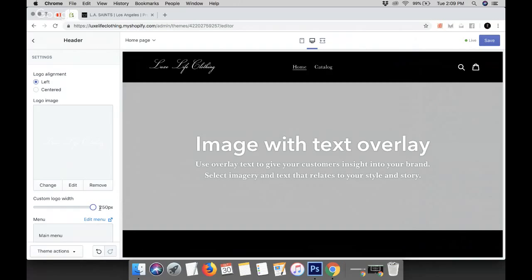Lux Life Clothing. It looks super fancy. It looks like Versace, something that you would see in Beverly Hills, something that you'll buy from. But little do these people know you're just a regular person making an online shop based wherever you are. So it's all based on the brand and how the brand looks. So now that we got our logo uploaded,